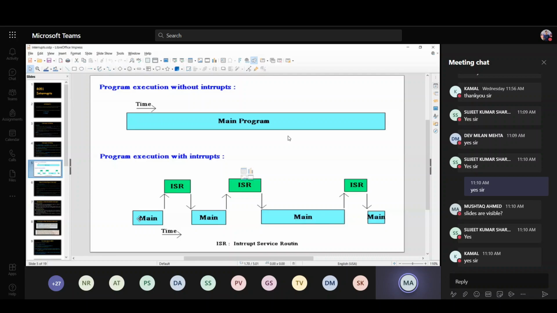After completing the current execution, the CPU stores the program counter state, because the program counter knows what the next instruction is. So the CPU stores the program counter address into the stack, along with the various flag registers.